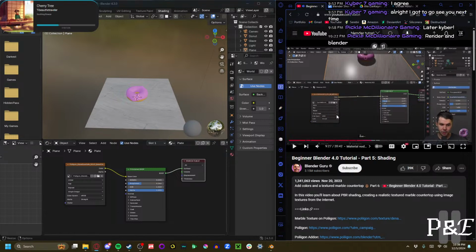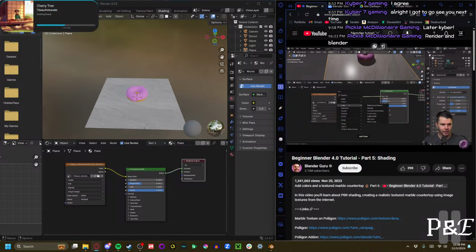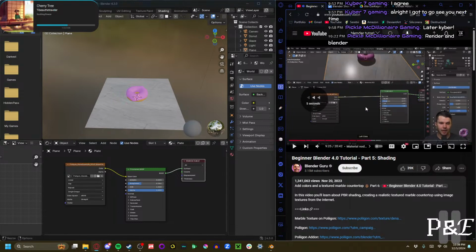So this is pretty much like how Blueprint works in Unreal Engine 4, and Unreal Engine 5. I haven't so much as touched that one, but yeah, it's very reminiscent. I like this. Shift A to add. Again, same hotkey, works everywhere. And then I could add in like a hue saturation value node, and then I could change the hue of